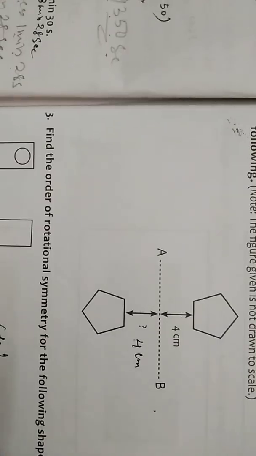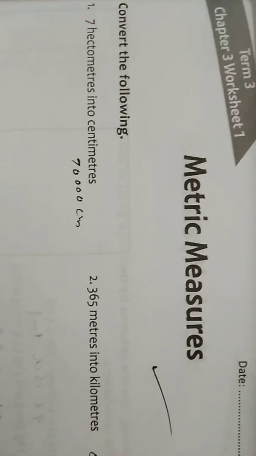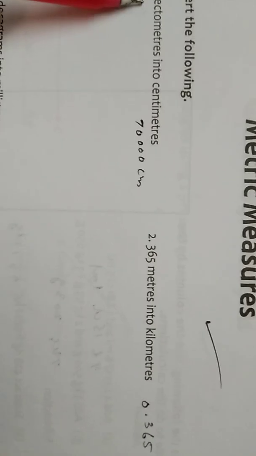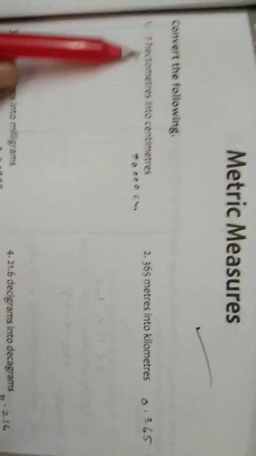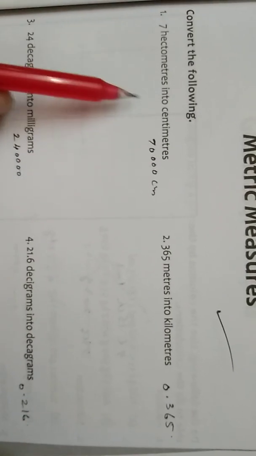Next is the chapter on reflection. Similarly, there is no need for the examination, just go through it. Now we have metric measures. This is another chapter for the annual examination. This conversion you should do yourself. I will send the answers for you. That is, convert each unit to the required unit. First of all, 7 hectometer into centimeter. So according to our measurement table, you have to change each question. I will send this answer. I have written the answers only here. You have to do it yourself. Then only you will get practice.